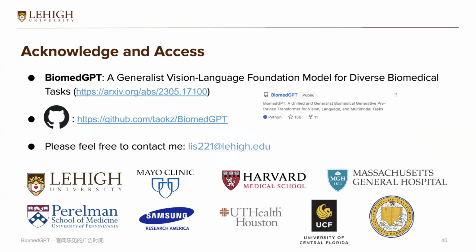The last thing is to give some acknowledgments and access. We have multiple collaborators who helped us a lot, and we released our GitHub. Originally, before Nature Medicine accepted it, this was 156 stars. Why I keep these figures here is that I think before and after acceptance, the impact improved much. Nowadays we have almost 500 GitHub stars.